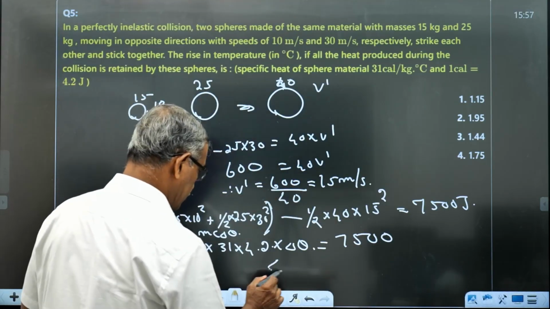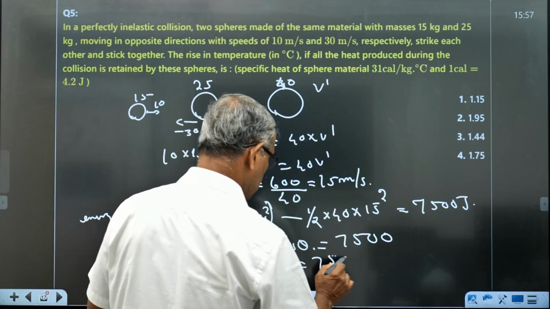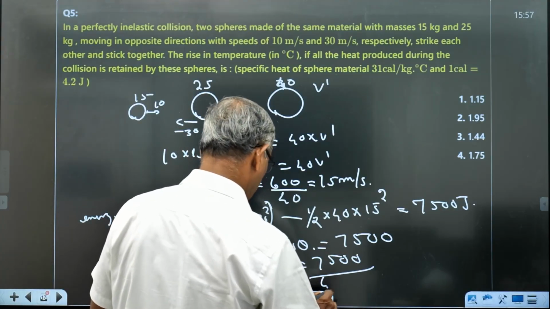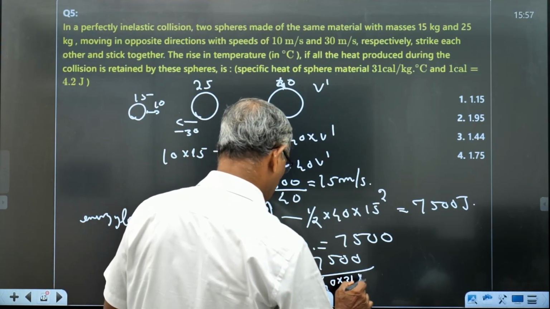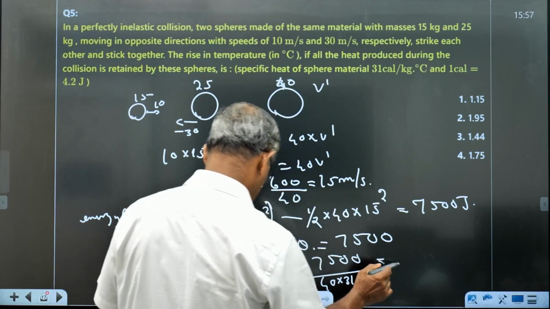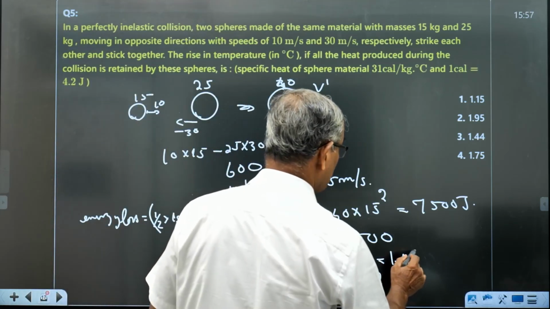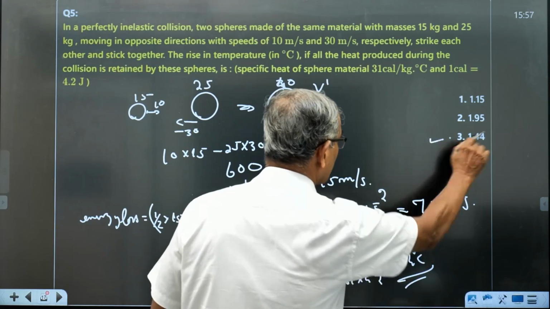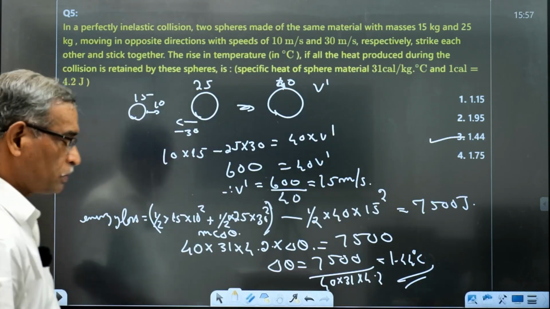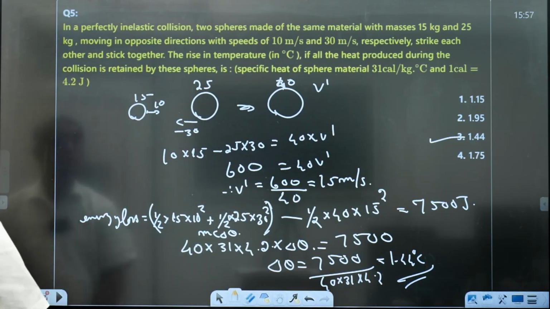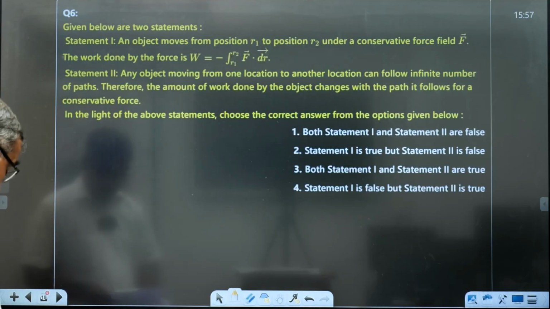From this, delta theta is equal to 7,500 by 40 into 31 into 4.2. This is approximately 1.44 degrees centigrade. So the option is correct. Okay. Next,